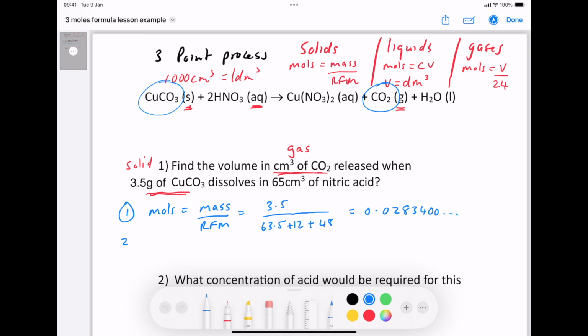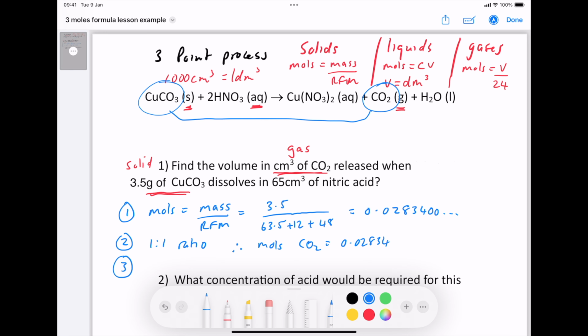The next thing is to work out the moles of carbon dioxide, and to do that we compare the molar ratio. So this is an easy one because you can see it is a 1-to-1 ratio of copper carbonate to carbon dioxide, so therefore the moles of CO2 is also